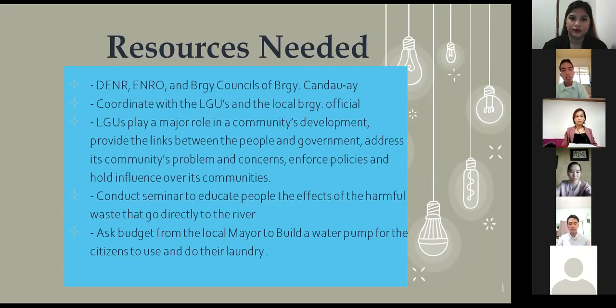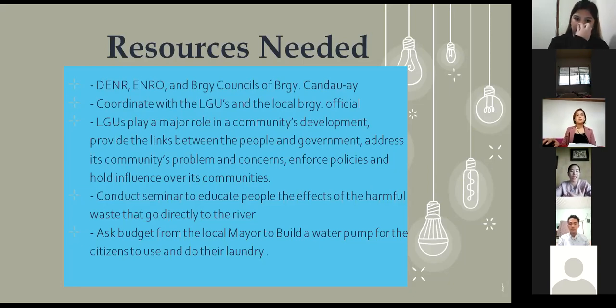Next is to conduct a seminar to educate people about the effects of harmful waste going directly into the river, and to ask the local mayor for a budget to build a water pump for the citizens to use and do their laundry. So we must educate those people involved, or shall we say those near the river, for them to